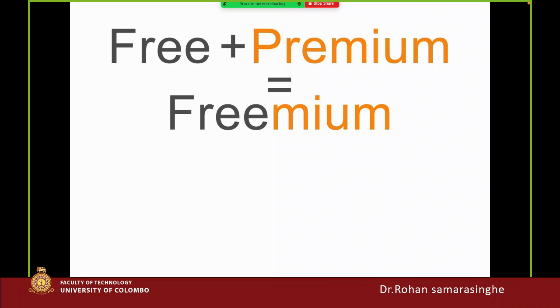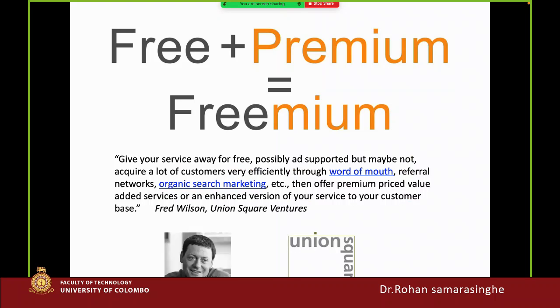If they want to use more advanced features, they have to pay. So give your service away for free, but maybe not support. And this is freemium software. Normally we can find these freemium software